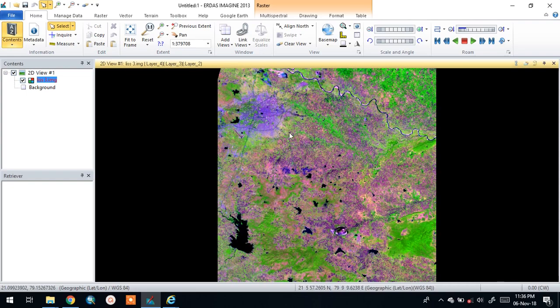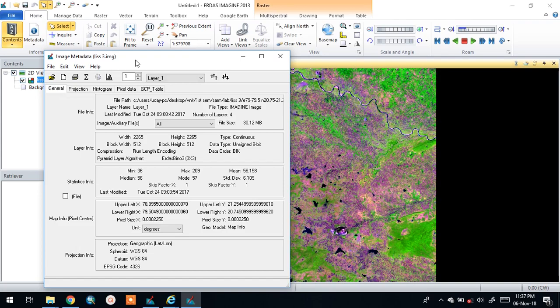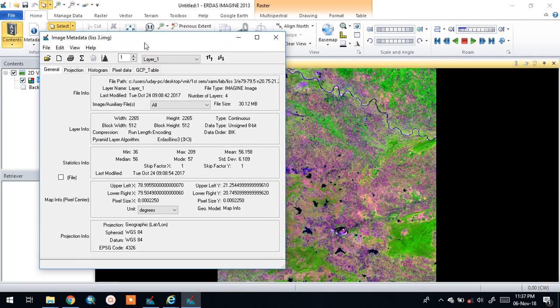This is the LISS-3 image which I have downloaded from the Bhuvan website, and if you go to the metadata, see, this image has 4 layers, and we know that LISS-3 has 4 bands: band 2, band 3, band 4 and band 5. Green, red, near infrared and shortwave infrared. And also here you can see the various information: